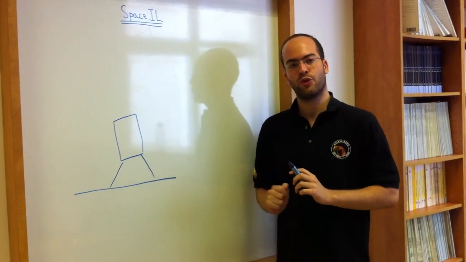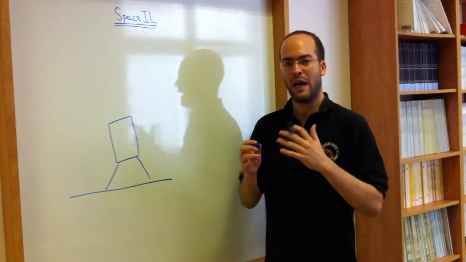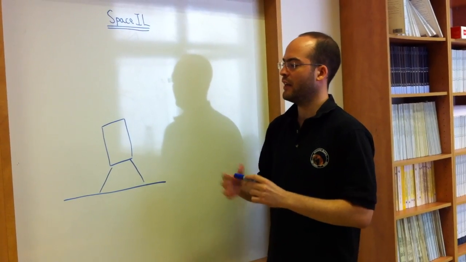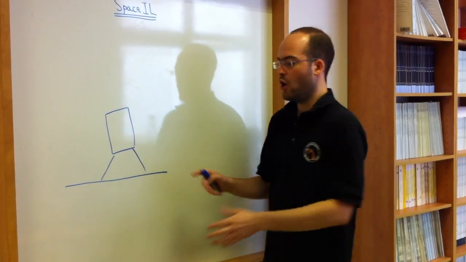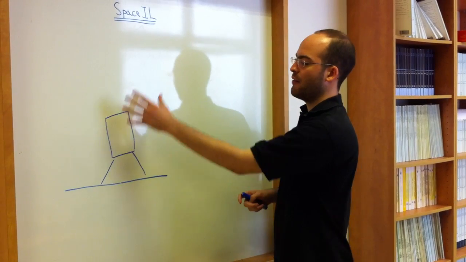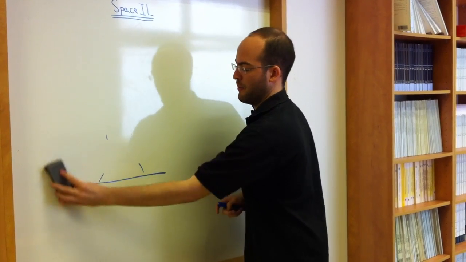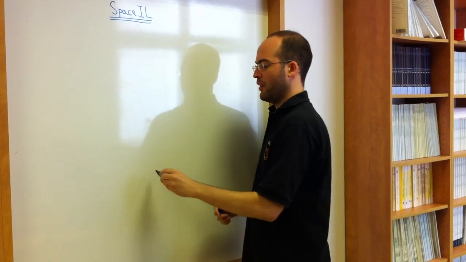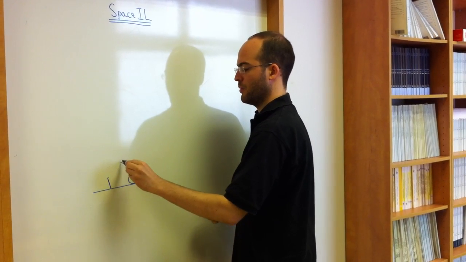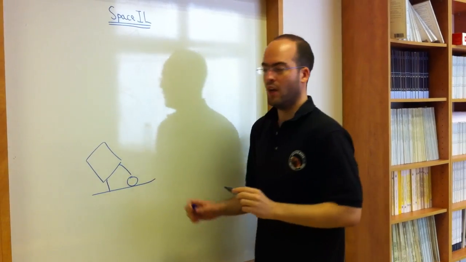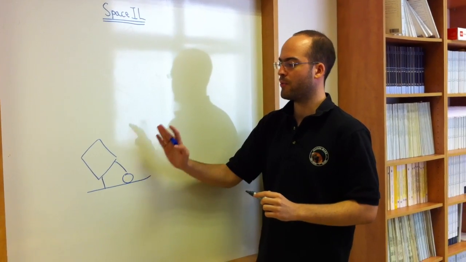However, since our vehicle is relatively small, rocks that are hard to find from space or to map from space could be an issue. We can land on one of those and have one or more of the legs landing on one of the rocks. So rather than having an upright position, we might find ourselves landing at an angle with a small tilt towards the surface of the moon, for example, a tilt like this. Now this is not a problem for the legs itself, but it is a problem for